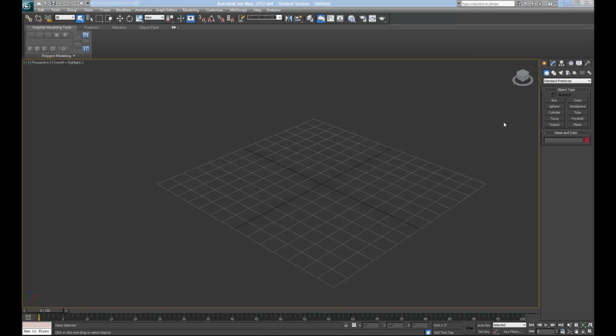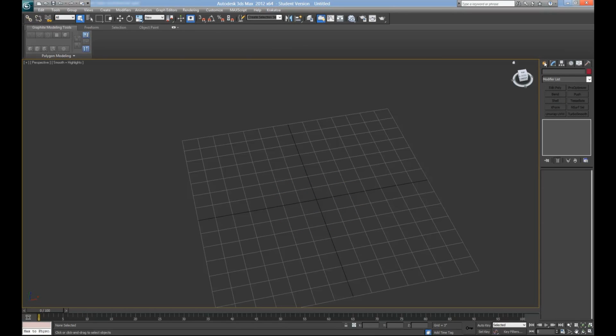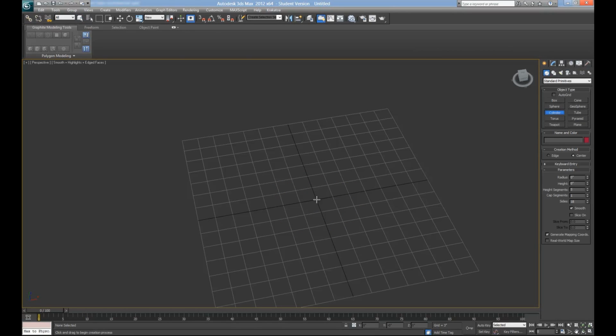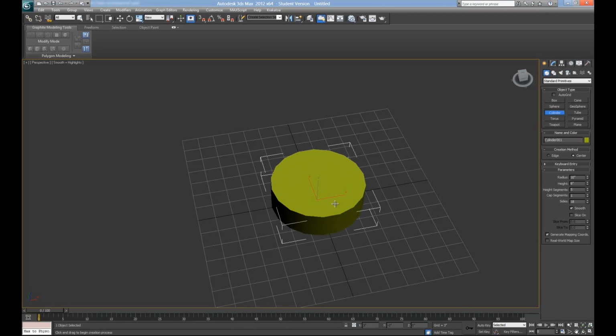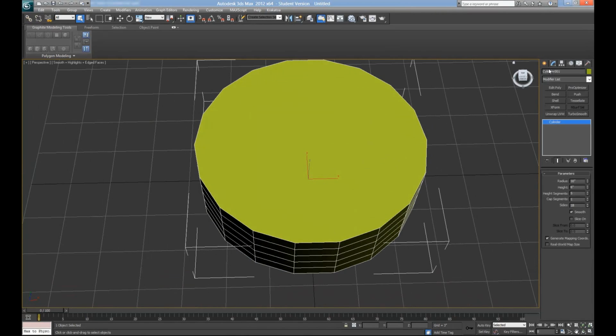Let's focus on making an octagon. So the first thing we want to do is drag out a cylinder. We're going to drag it out right here in the middle and press F4. Press F4 to turn on edged faces. And you'll see that we have a lot of height segments we can get rid of, and we need to